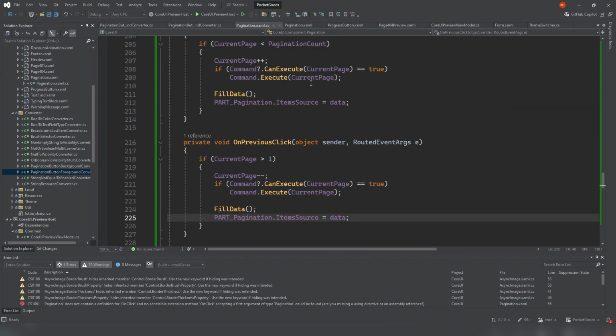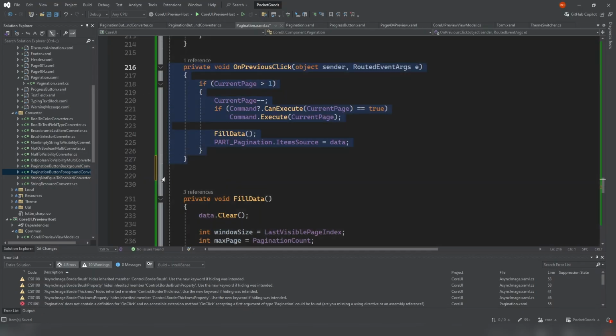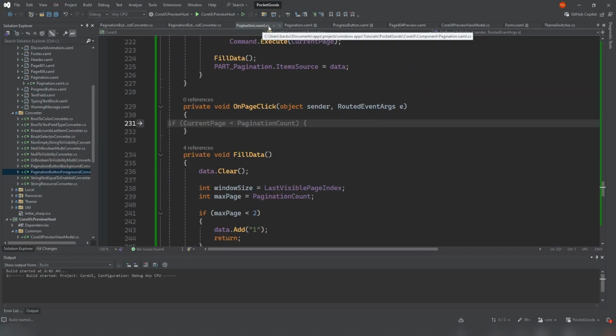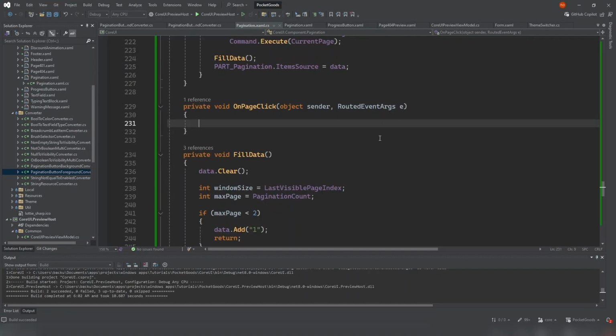Let's come back to the pagination. Let's rename this particular function to on page click. All right, so I'm going to copy this. All right, let's build the project. The errors are gone. Now, whenever we click on a page, we have to check first of all if the